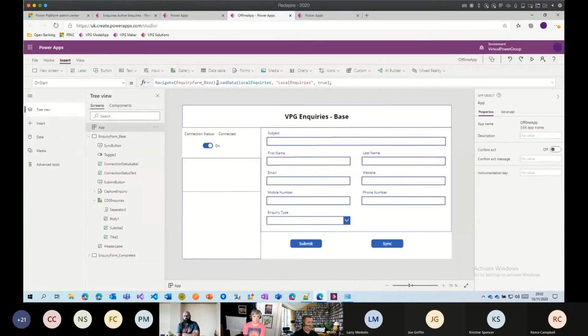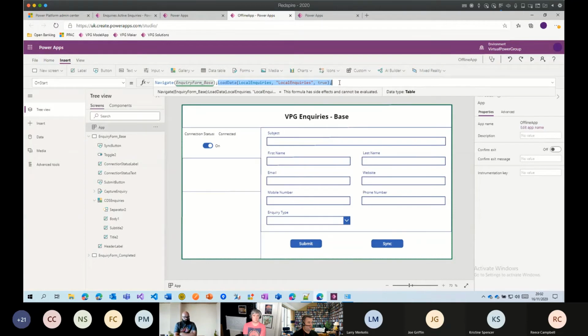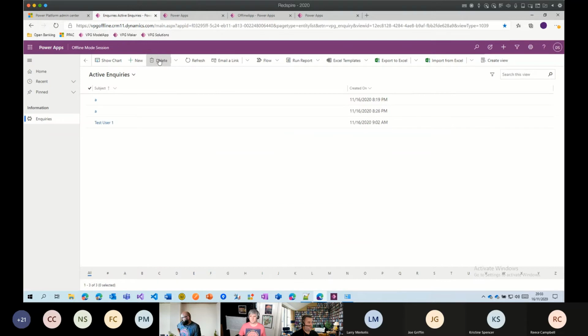That app on start is pretty much what's loading that data back in. So really you want to save the data down at the point where you're filling the collection. So anytime you're updating the collection, be it a patch or whatever you're doing to it, you always want to save the data. But then the load data is just once on app start, and that'll bring your data back up. And then yeah, if we see all that data,